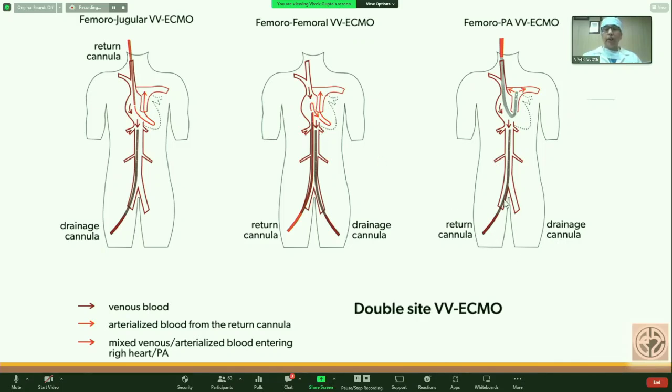Now, this is another combination. You can use the drainage cannula, and you can return this oxygenated blood to the pulmonary artery itself. So what you can see here, this is directly going to the pulmonary artery, PA VV ECMO, so that there is no chance of recirculation, with oxygenated blood going to the pulmonary artery, and finally from the lung it is reaching the left side of the heart. So you can minimize the risk of